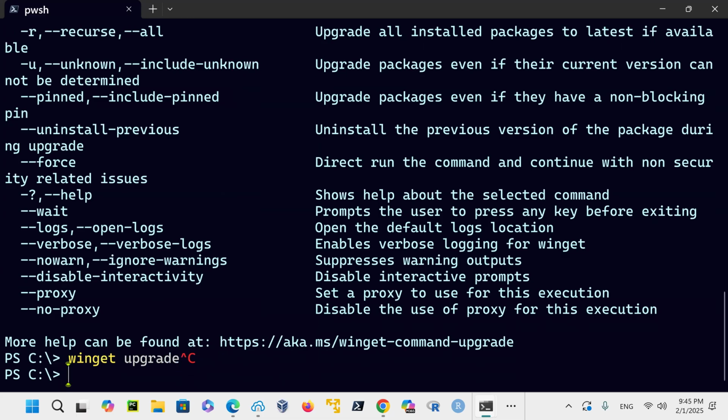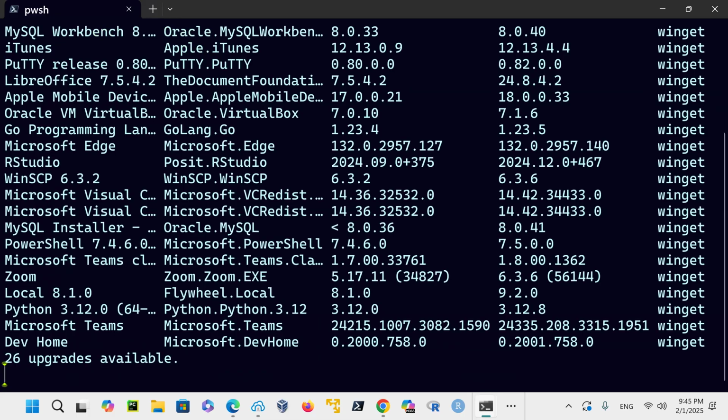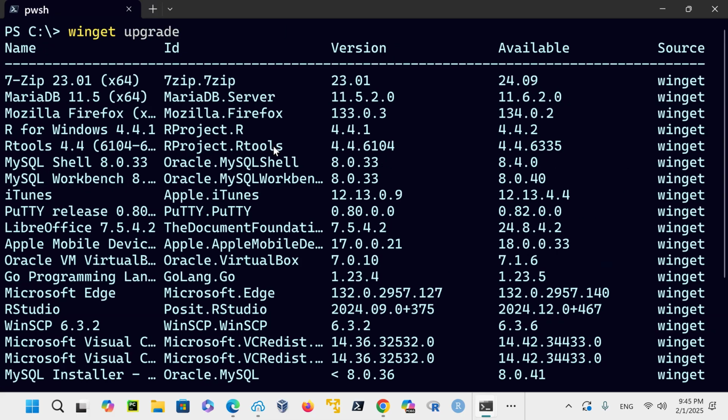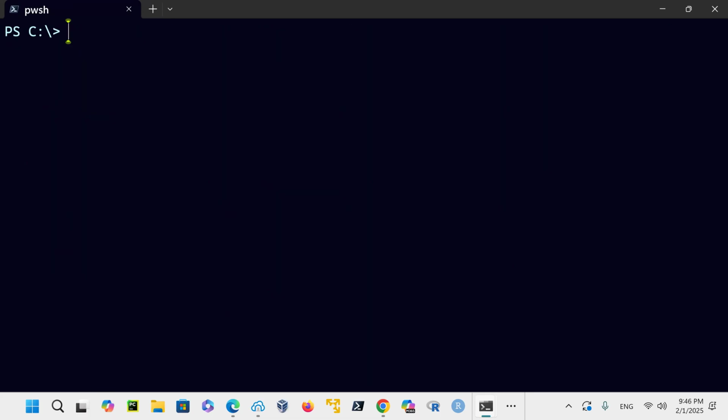So if I just want to do something here, let me just do it by itself. If you just do upgrade, it will just upgrade all of the ones that are available for you. It says these are the ones listed as available here. If I say go ahead and do it, I could say upgrade --all, and then it will actually do it. But if I just want to get a list of them, notice that when I get